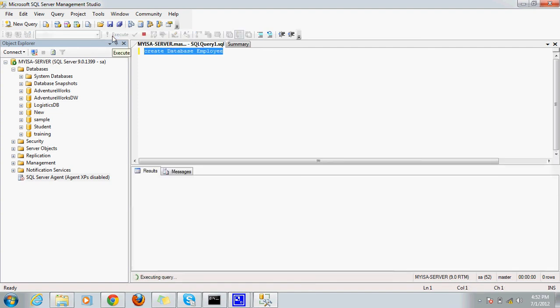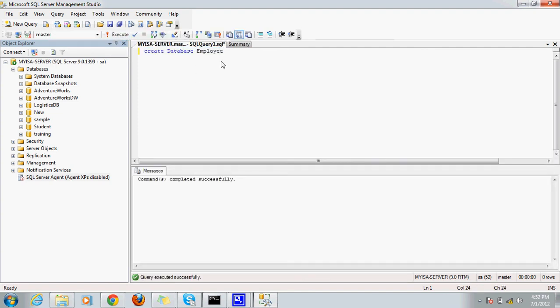Yes, the command was successfully executed. Now to use the database, here you can see what database is selected. Here master is selected. So we need to use employee, then select it and execute. Bam, we got the employee database over here.